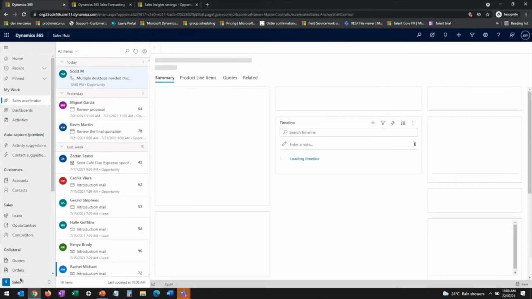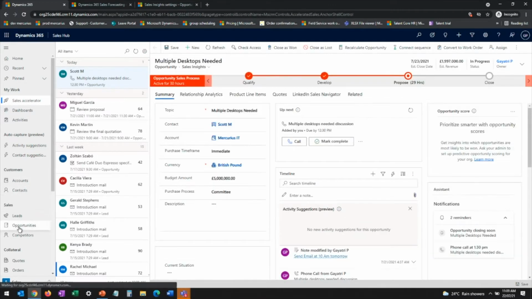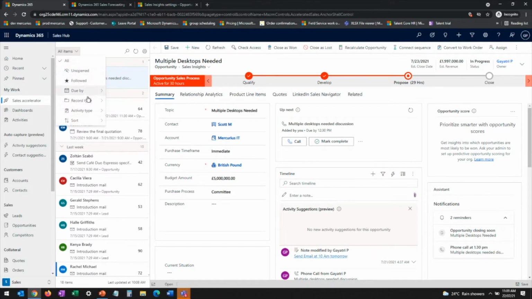Also, I want to highlight that you can access all your entities, that is customers, contacts, leads, and opportunities, from here. All the forms look in a similar format as mentioned here. All these forms are configurable based on the business requirement. This is what Sales Accelerator is, a feature of Sales Insight, where you would be able to view multiple customers, contacts, leads, and opportunities. You would be able to filter the records as per the criteria.